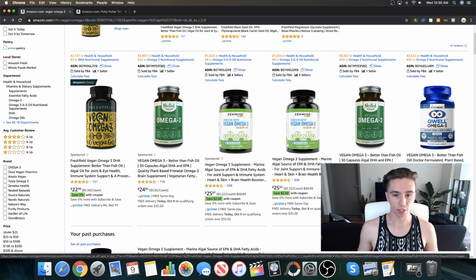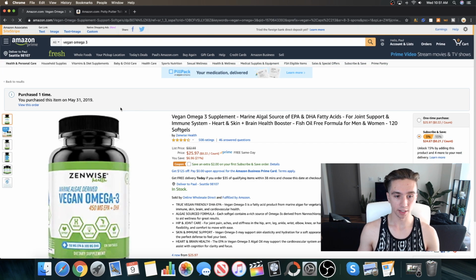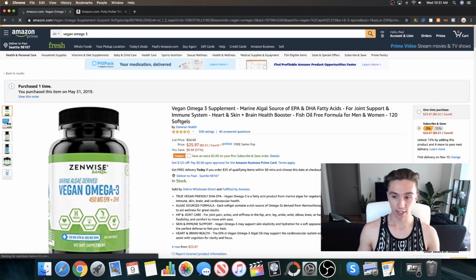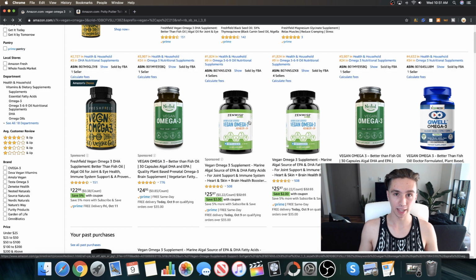They've also done a great job with their design. But this one is exactly what I was looking for. I was actually looking for a marine algae-derived EPA and DHA because of its absorbability. So that one had all that information right in the image, and it just immediately spoke to me, and I bought it. I don't even think I really had to think about it much. It was just like, I know what I want. I want a marine algae, vegan, EPA and DHA. That was depicted to me in the first image. I don't even think I went to the second image. I just came here. I didn't do the subscription. I just came here, bang, cart, purchased. So they got another $25 sale from me that day.